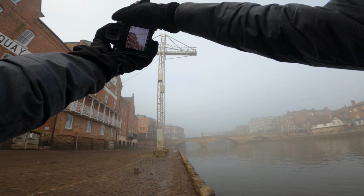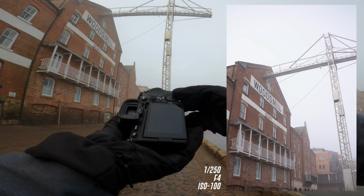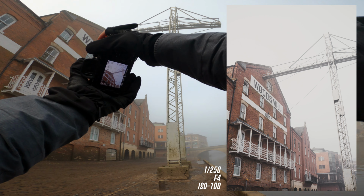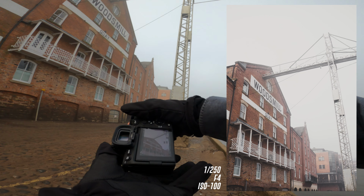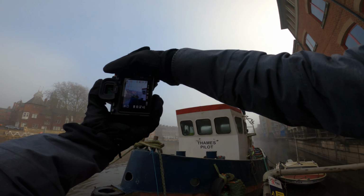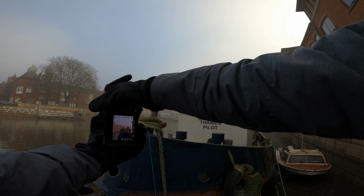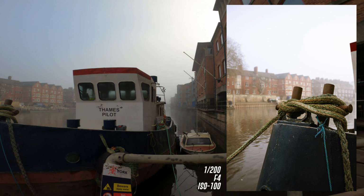Let's grab this first. That looks cool, but I'm going to push forward a little bit to look up a little bit more. But that is looking pretty nice. So if we grab the shot just about here. Ooh, I like it, I like it. What a cool photograph of this old boat. Just grab a photograph of the detail and the rope right there. Get a little bit closer. Try not to drop the camera. Could you imagine just dropping my brand new camera straight into the...